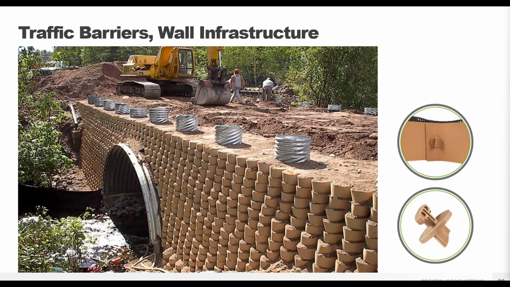GeoWeb walls work well with integrating traffic barriers and infrastructure, such as the sonotubes and large pipe culvert seen here. There is no loss of structural integrity because of the continuous web connections with the ATRA wall key. GeoWeb sections can be easily trimmed to fit culverts, sonotubes, or other obstructions. Let's get into more tips for fitting and fieldwork.